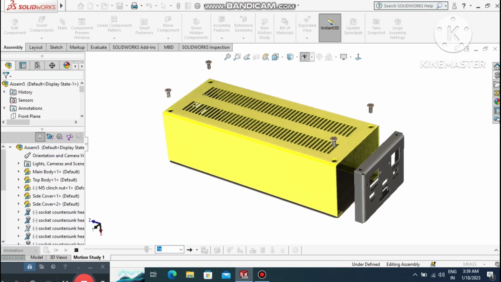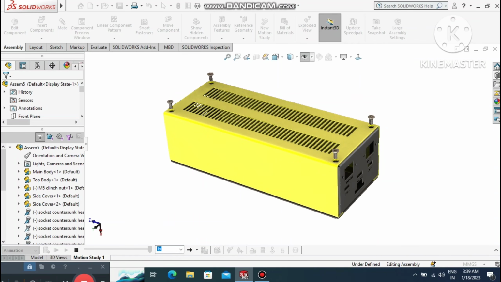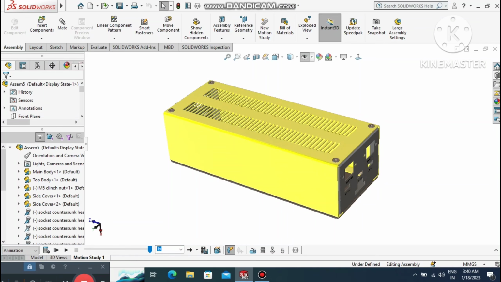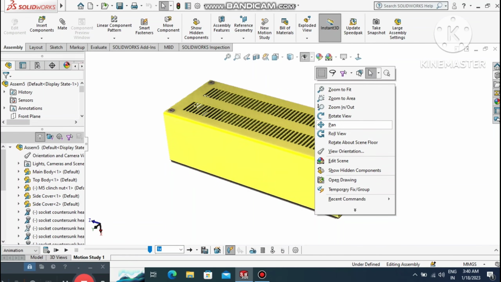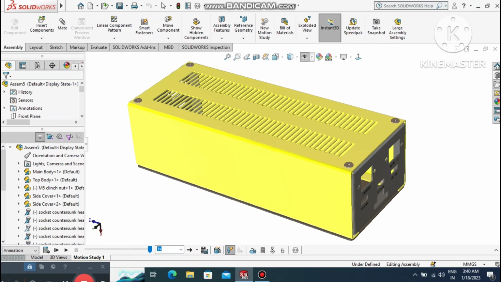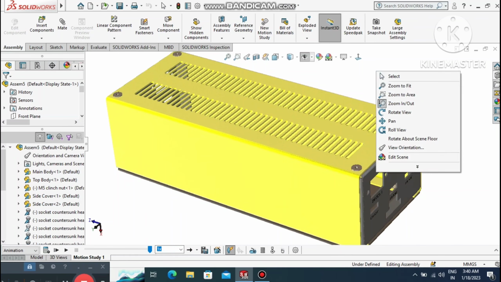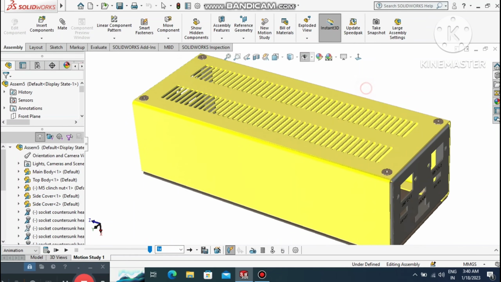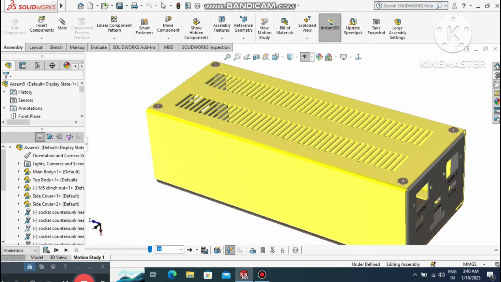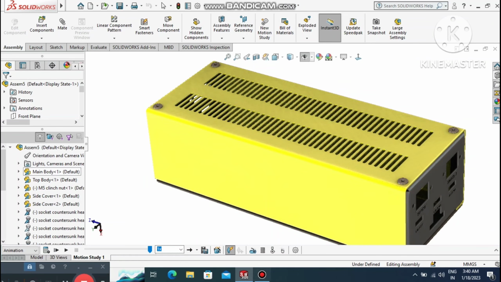So here look at the animation, exploded view, collapse view. So it's better to create any sheet metal work, and we just keep in mind various factors that depend on sheet metal. So it's helpful for